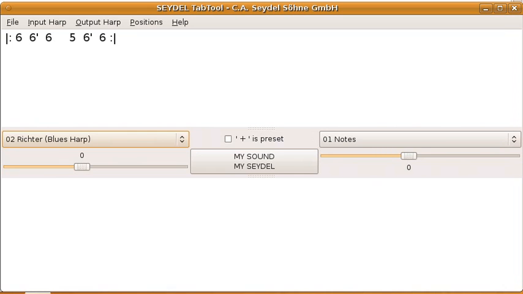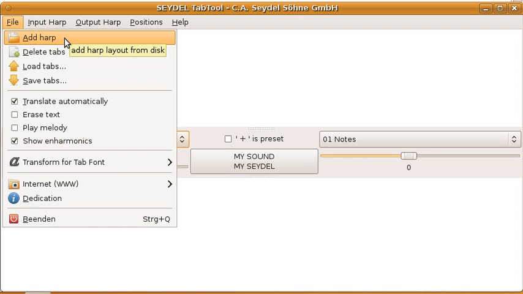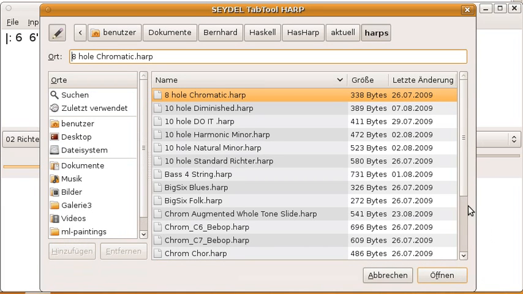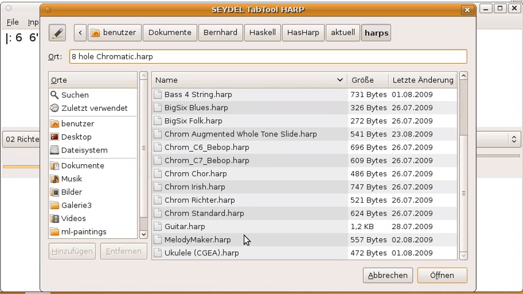You get to the harp layout files via the menu File and then Add Harp. This adds a harp layout from the disk, as the online help says. Okay. When I click this, there's a dialog opening which will probably look somewhat different depending on what Windows version you're on. There are a number of harp layouts here, like natural minor harp, Dale open, Irish tuning, diminished, C6 bebop, C7 bebop, and whatever. These are just .harp files within one special